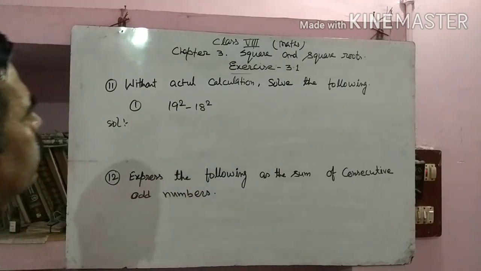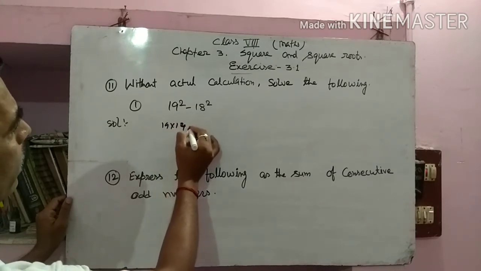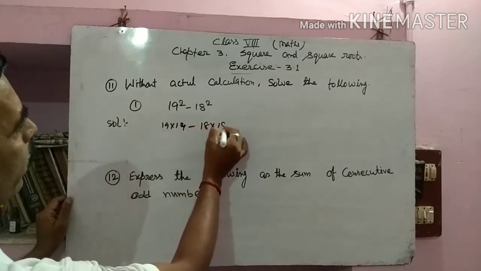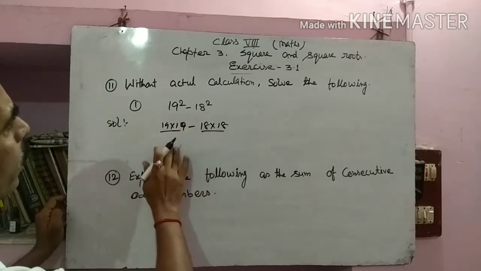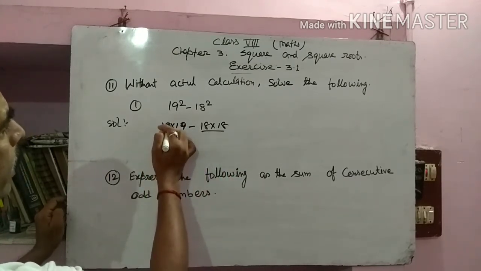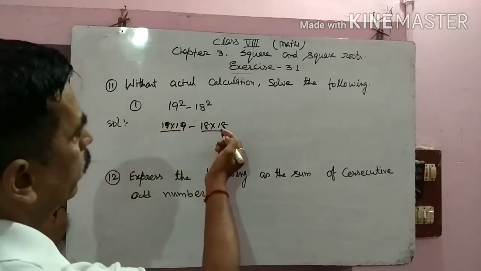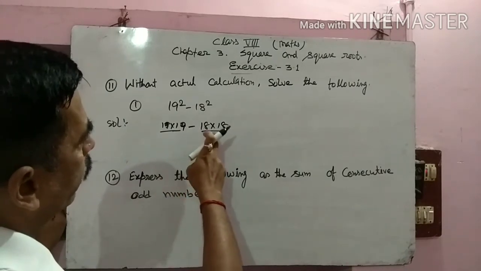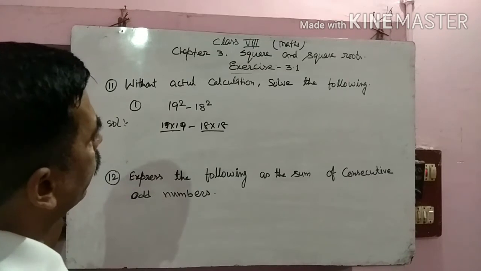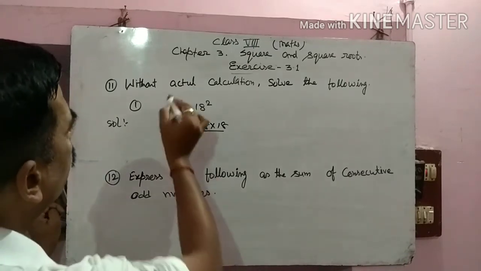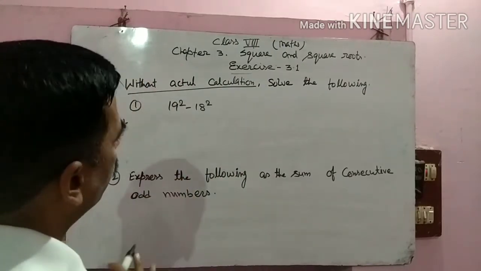Actual calculation means 19 into 19 minus 18 into 18, by doing this type of multiplication and subtracting the products. So without actual calculation means we have to apply some formula